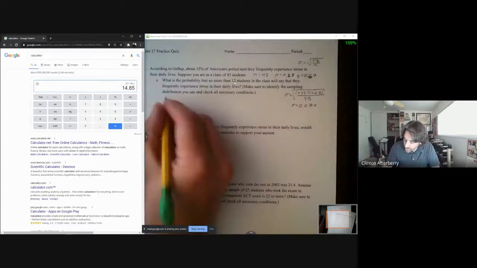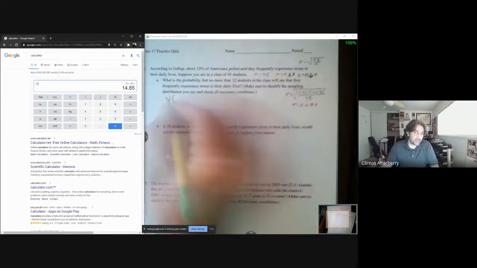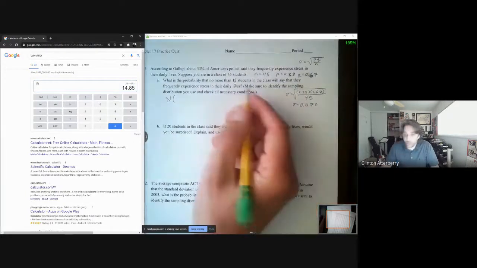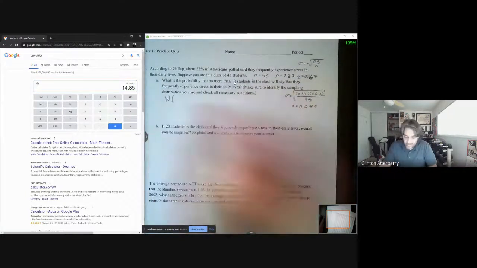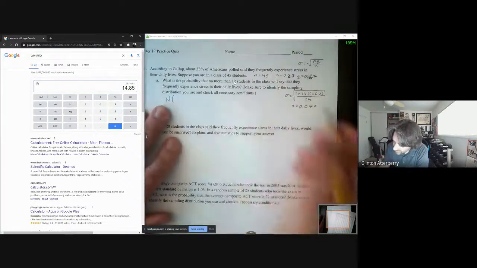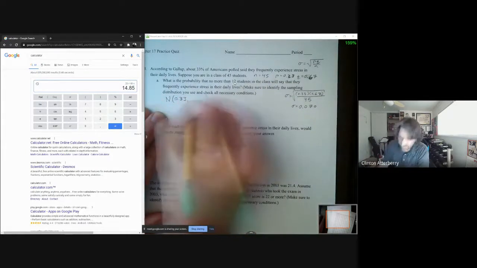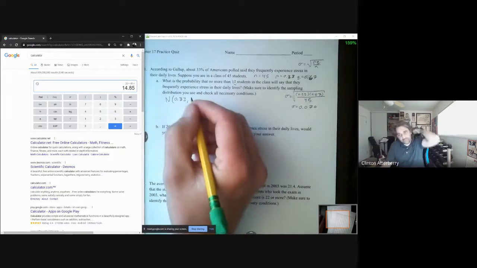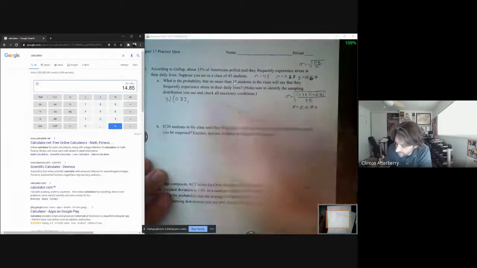Okay, so we'll use the normal model, and the only way you should really reliably use this is if those conditions are met. But we're just going to assume they're all met. When we use the normal model, we're going to look at the mean and standard deviation. The mean is the middle number, and that's going to be 0.33. We're going to use 0.33 as our mean, it's like our p-value. And then our standard deviation is going to be the square root of p times q divided by n, which is